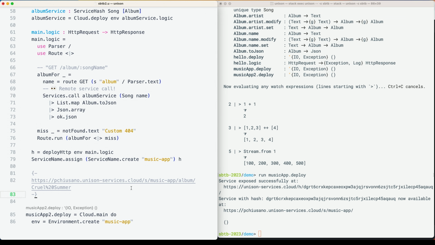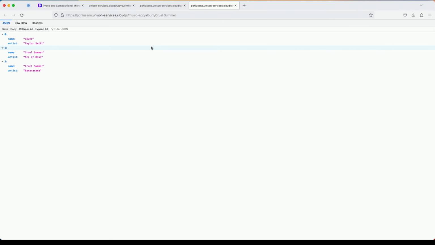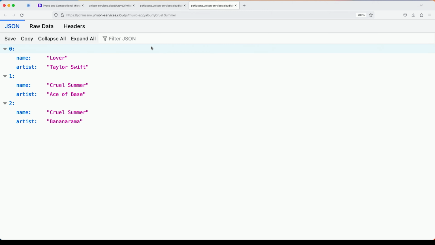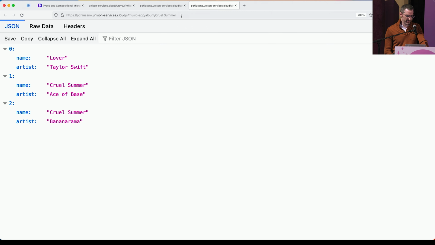So let's go ahead and hit the HTTP service. I don't know how legible that is, but anyway, we look up Cruel Summer and we can see that it does indeed appear on the album Lover by Taylor Swift. Amazing. So it's happening. We have multiple services being deployed just like that, and they're communicating, and it's super easy.